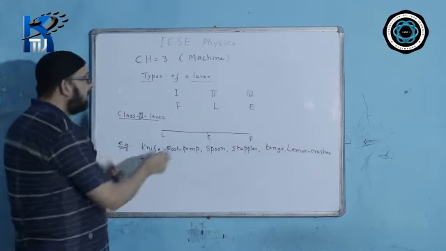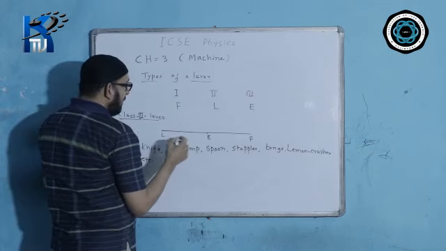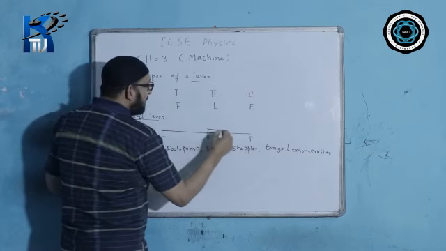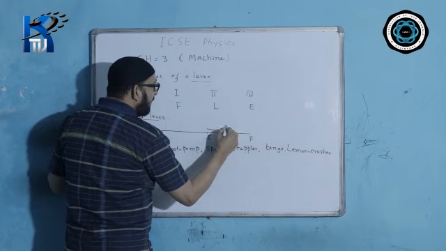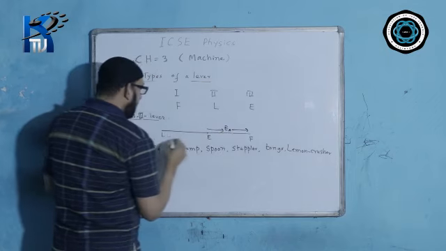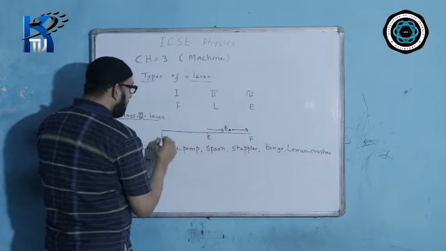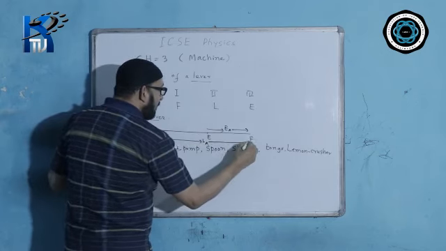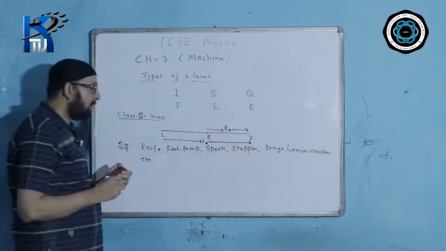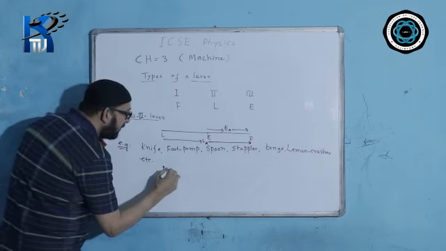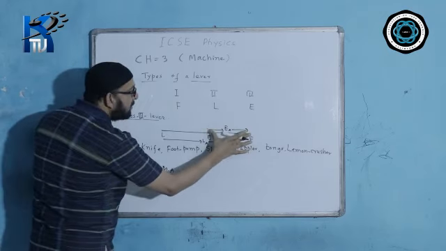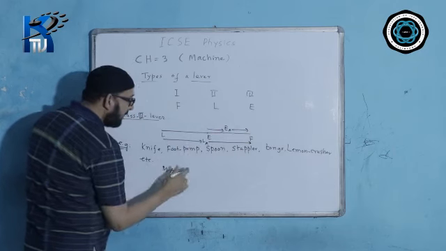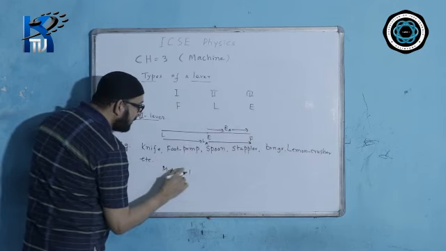So in class 3 lever, you can see here also your effort arm is this much, the effort to fulcrum distance. Effort arm is here, and the load arm is this whole thing. This entire thing is the load arm, from here to here. So mechanical advantage, you will always see that effort arm is always shorter than the load arm. So mechanical advantage will always be less than 1.